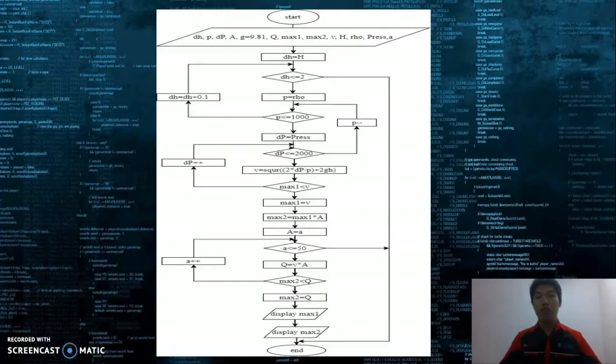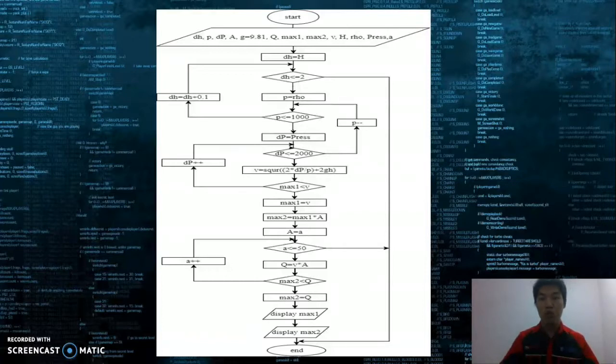So first of all, the gravity is 9.81, and then the volume flow rate will be Q, and then here we have two max values. Max 1 will be the output for the first function, that means the velocity,